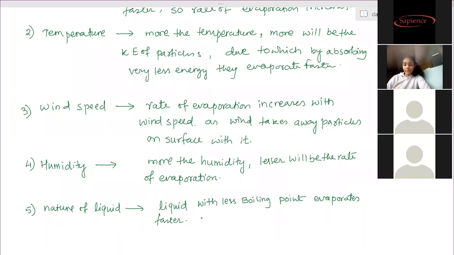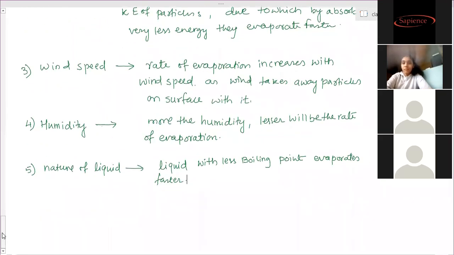Ma'am, one more doubt. When milk evaporates and it cools down, what evaporates? The water in it, because it is a mixture. 80% of water is present in that. So even pure milk has little water in it? Yes, pure milk also has 80% of water. So milk powder is made by evaporating all the water? Yes. Milk powder is only the fat and protein present in that, the solid particles left out.